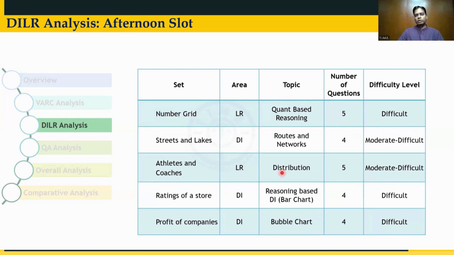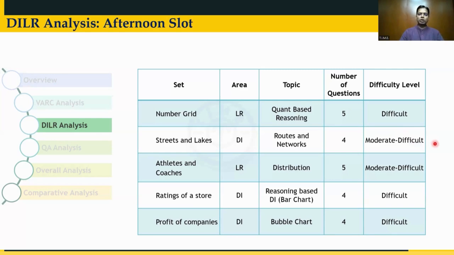And the only difference was that there were 5 sets instead of 4 sets. And these 5 sets were 2 sets of 5 questions each and 3 sets of 4 questions each. Now if you compare with last year, we had 4 sets of 5 questions each. So here there is one more set to look at, and this would have definitely had an impact on your strategy. Let's just look at these 5 sets and understand what the students would have gone through and what would have been a good strategy here.